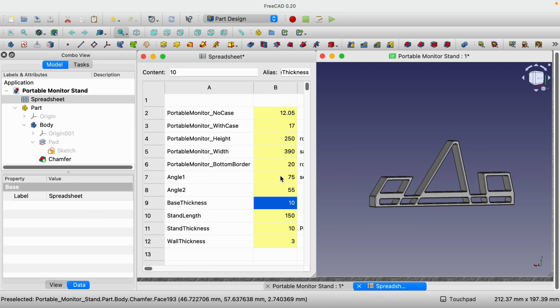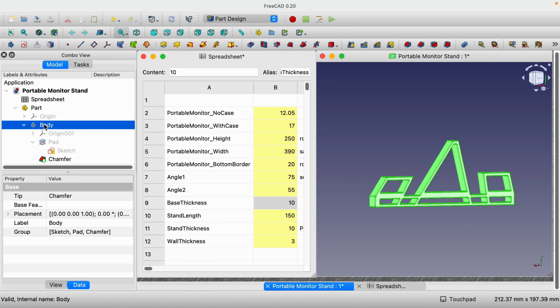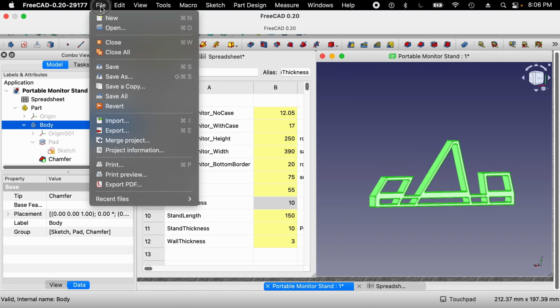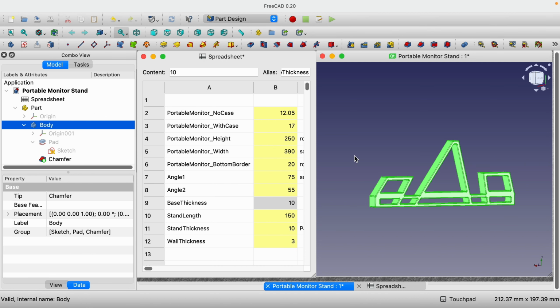So now I've changed the shape just a little bit. I can go to the body and either go up to File and Export, or Command E, and it will export to our file location. We should be able to take the model that we just exported from FreeCAD and open it in our slicer with the correct orientation for printing and generate the G code from that, print it,